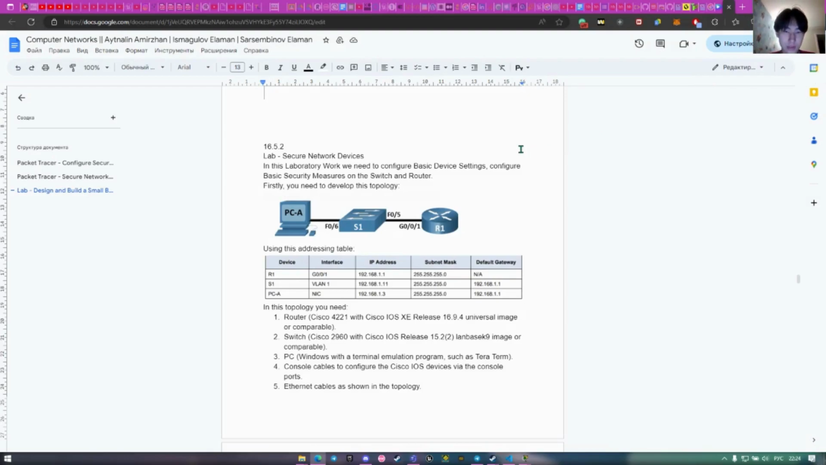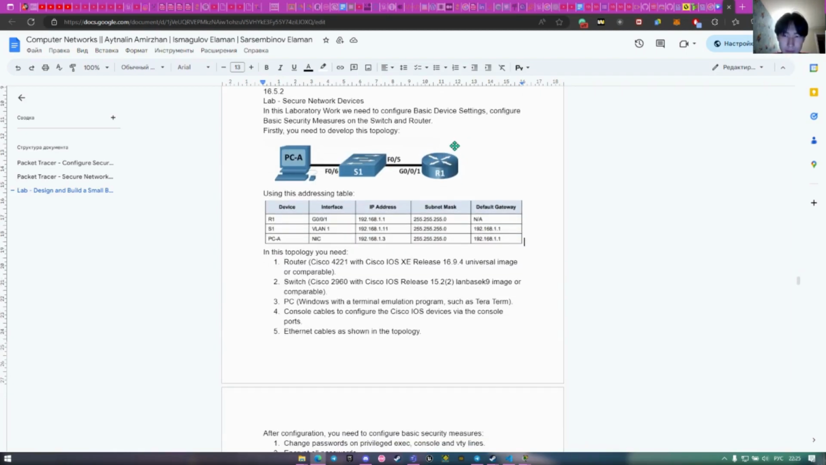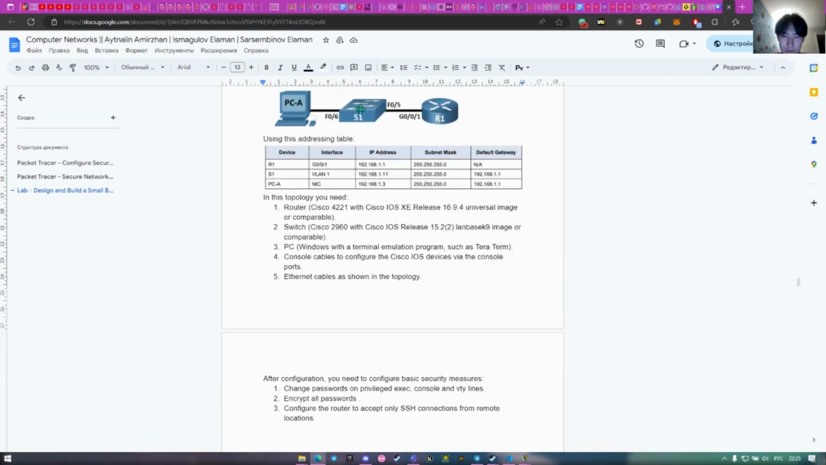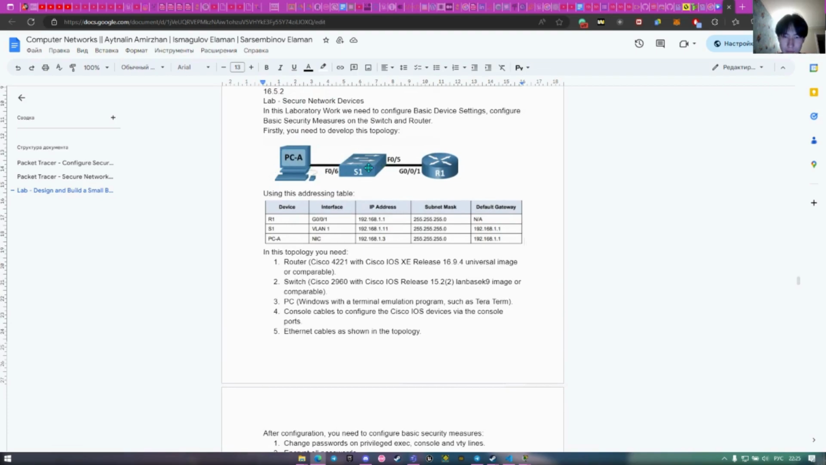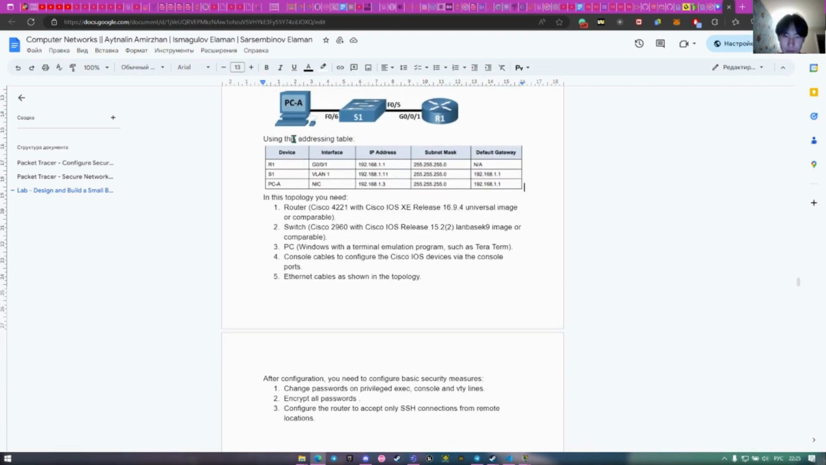In 16.5.2, laboratory work, secure network devices. In this laboratory work we need to configure basic device settings and configure basic security measures on the switch and router. Firstly, we need to develop this topology. Here we have a host, switch and router. Using this addressing table with such devices,